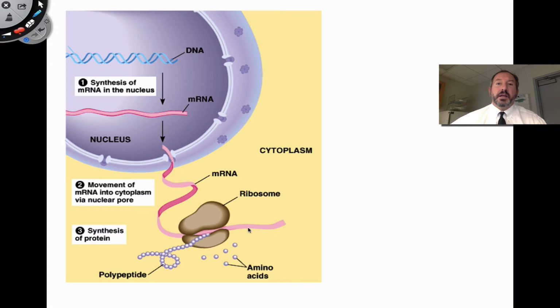And it's the messenger RNA that has the code on it in the form of nitrogen bases that are sticking out, which is what we want to talk about right now. These nitrogen base sequences are literally the genetic code for the amino acid sequence. And that's what we're attempting to do, is make a protein or a polypeptide. And so the reason that this process is called protein synthesis is you're making a protein, but the reason it's called translation is because you're translating between languages here. There's a translation that needs to occur between the language of nucleic acids and polypeptides or amino acids.